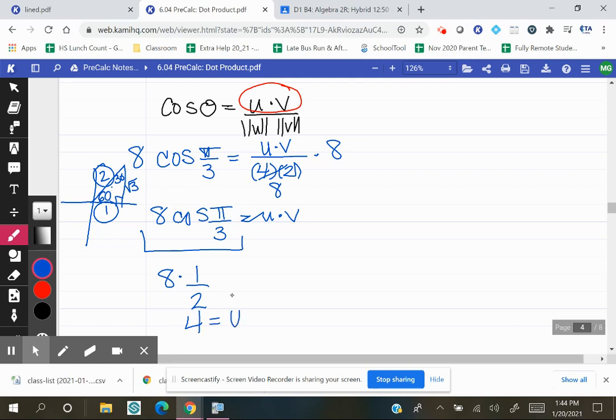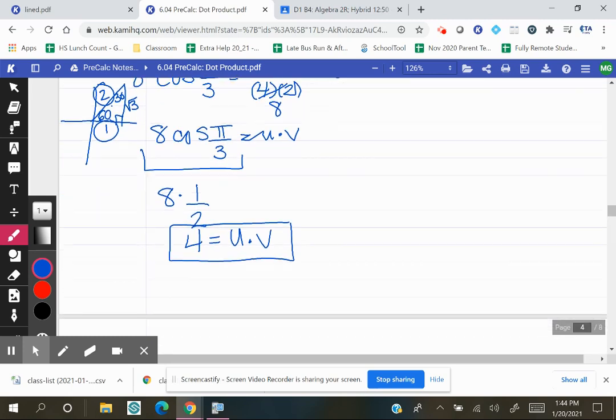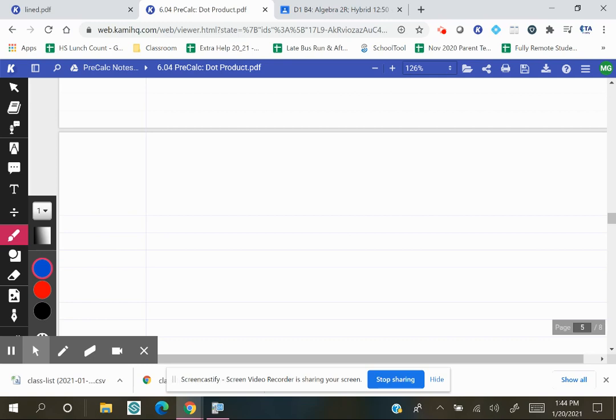So the dot product of u and v would equal 4. So you're just using the formula in a different way to solve. All right, let's just do a couple practice for you guys. So that was number 5. So for number 6,